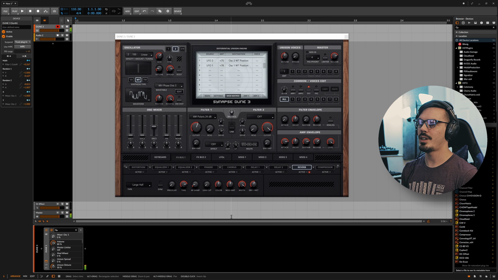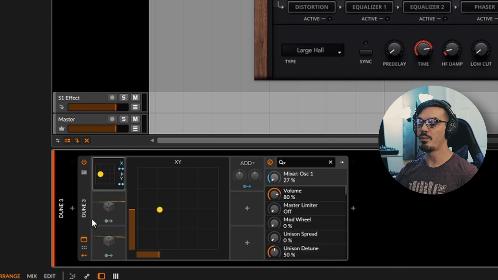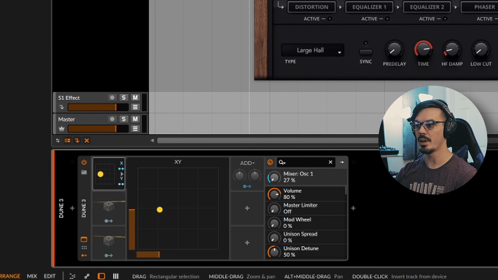Cool, and let's say I wanted to do something in Dune 3 using an XY controller. So Dune doesn't have one, so big sad face, but Bitwig does. If we pop into the modulators here, I've got an XY controller here, and I mapped this to Dune 3 by wiggling a parameter, so oscillator 1, and then I grabbed the X controller and tied that to oscillator 1 by just increasing the amount here, and I did the same with the Y controller, so I just moved the